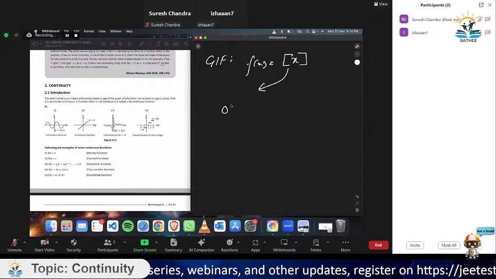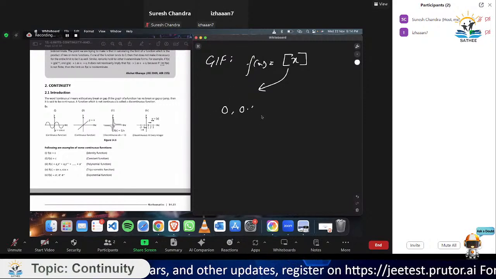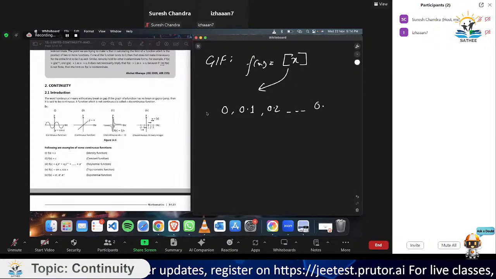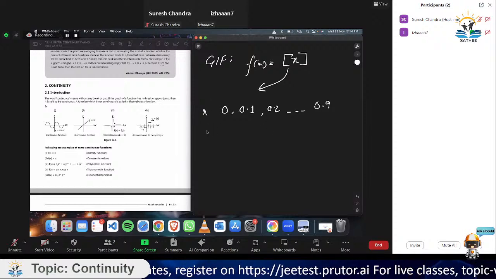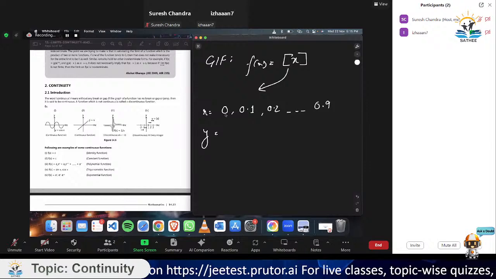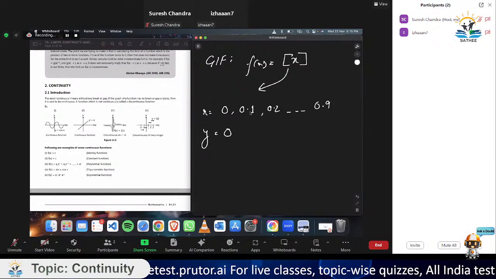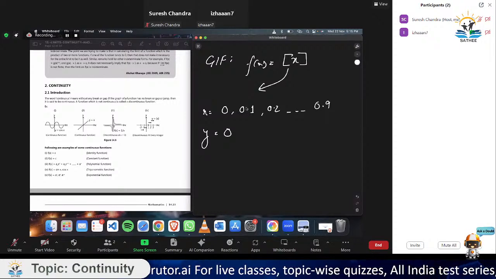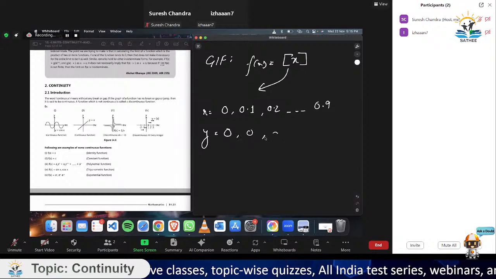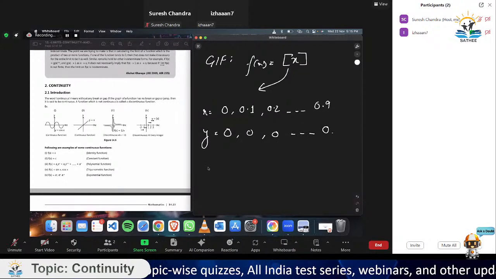जब तक वैल्यू 0 से 1 के बीच में रहेगी, लेट्स से 0 या 0.1 या 0.2 से लेके 0.9 तक जब तक वैल्यू रहेगी इनपुट में, x इज इक्वल्स टू दिस, ऑल दीज इनपुट पे जो y की वैल्यू आ रही होगी, वो ग्रेटेस्ट इंटीजर कौन सा है? 0 पे ग्रेटेस्ट इंटीजर कौन सा है? 0। 0.1 पे ग्रेटेस्ट इंटीजर कौन सा है? जो जस्ट उसके पहले है, ओके, 0। 0.2 पे 0, 0.9 पे 0, ग्रेटेस्ट इंटीजर।